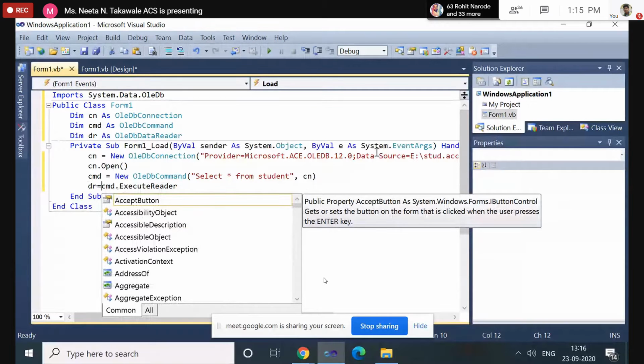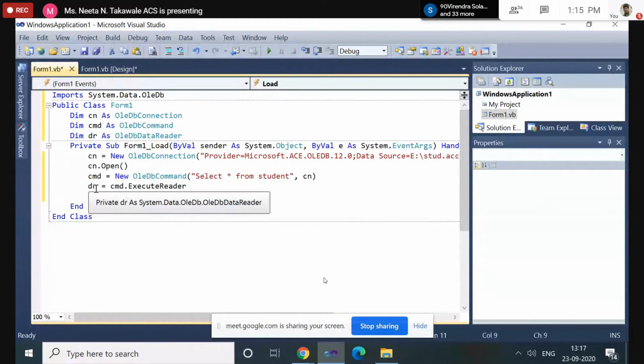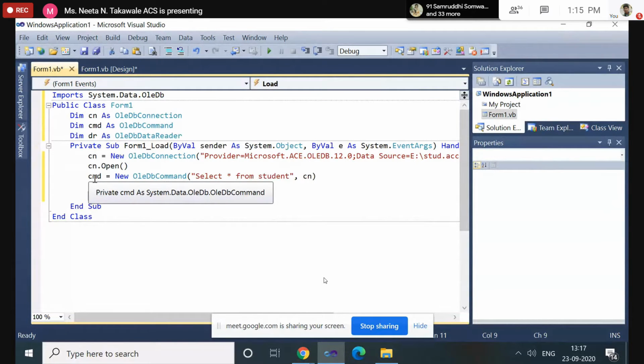So here is the data reader object which will hold the result of the select star from student command. Now assign the result. What is inside the dr object? The roll number value and the student name value. So assign it into the text box.